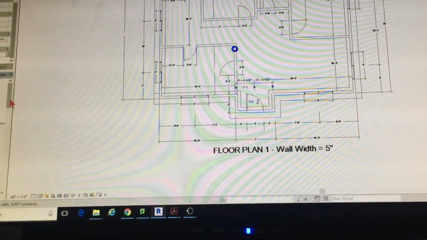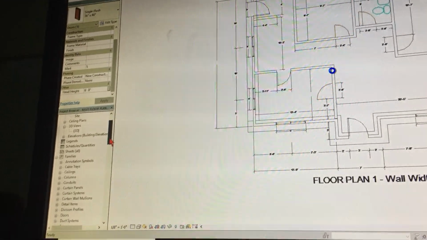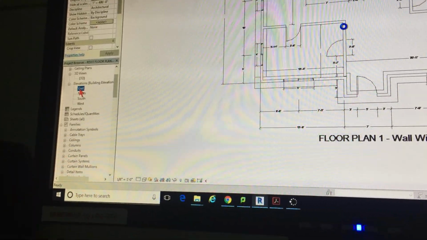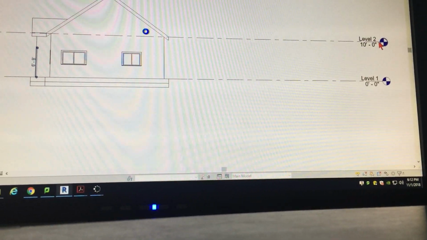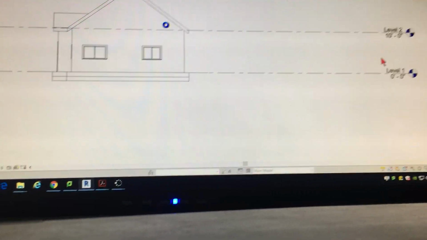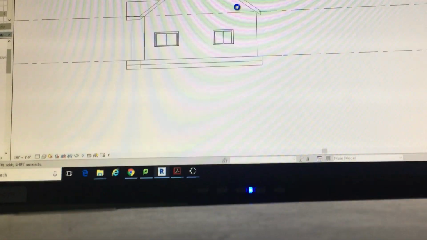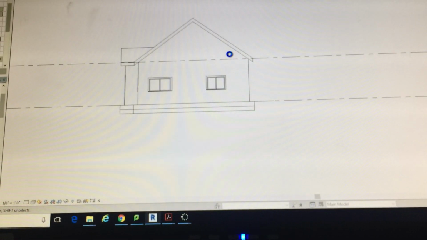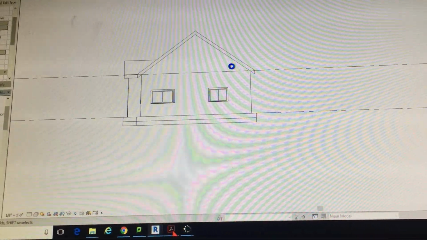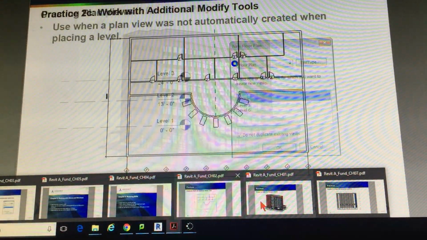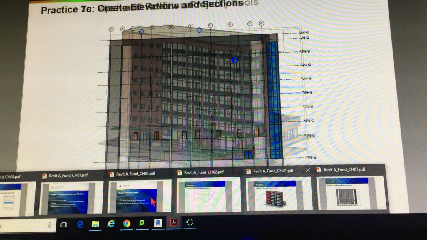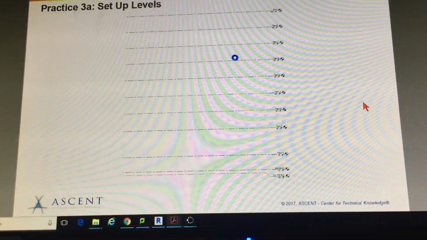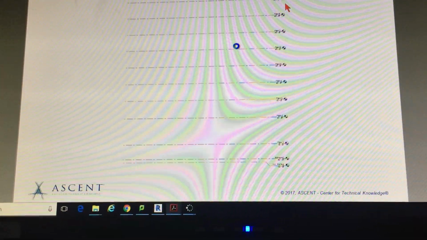Now, when it comes to the question you're asking, which would be your foundations, let's see here. Okay, you've got these right here, and yes, these are editable. As far as the blue versus the black, I'm not really sure off the top of my head what the difference is when you're setting up your levels. I think it's when you're in edit mode that they change color from blue to black. Let's see here. So we took a look at that. And then further under chapter 3, you see you've got these right here. And these are blue, and these are